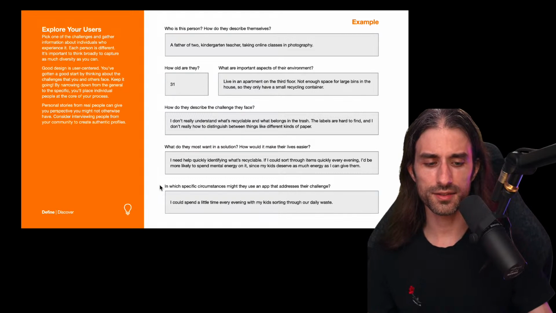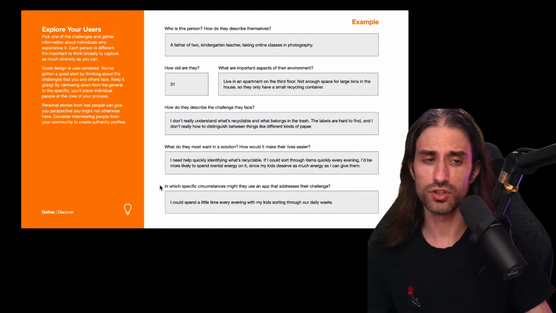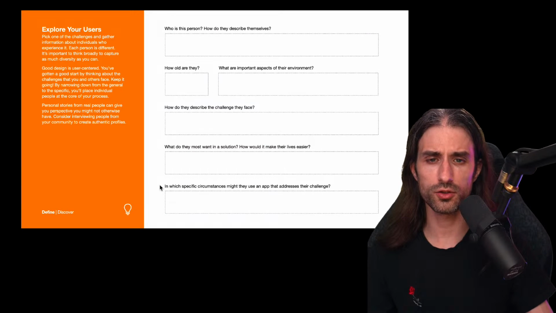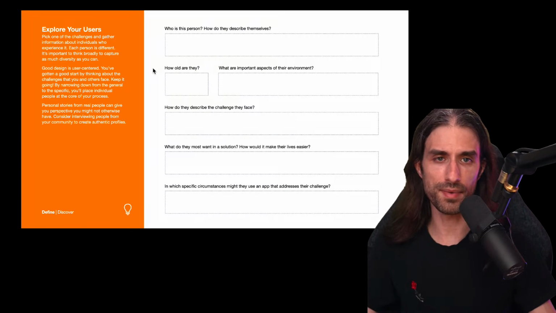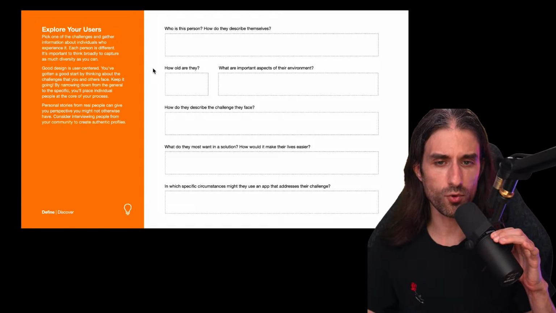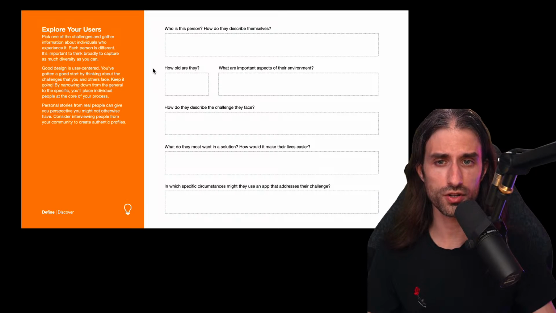So the challenge is that the person would like to get better at recycling, but it's hard to know which item should go in which bin, and they also don't have a lot of room in their house for many recycling containers. And so maybe an app could be something that helps, maybe by reading the labels automatically and suggesting, for instance, what should be done in order to recycle the product. And so, of course, then you have the slide which is the blank template, which you should use if you have an app creation project to interview people from your community, as we said, either in the real world or online.